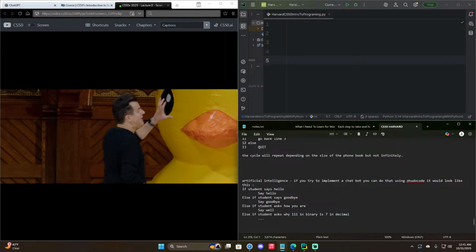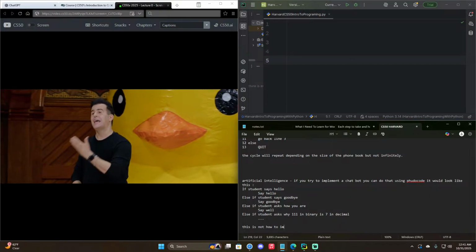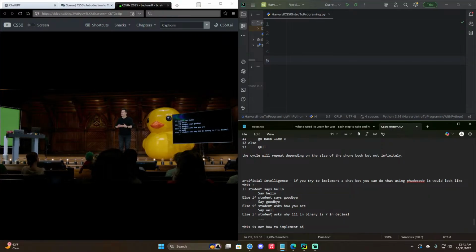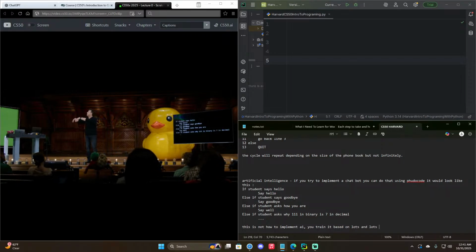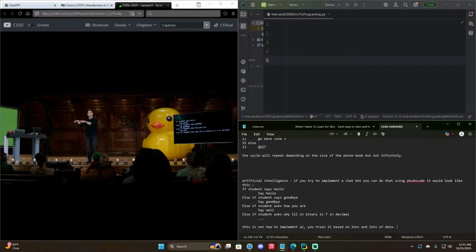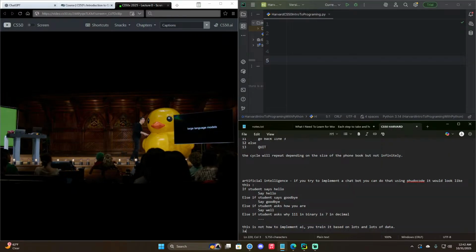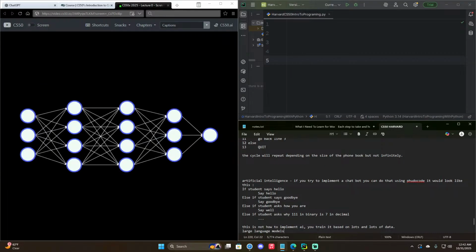And so indeed, this is not how you implement AI. Rather, how you implement an AI like a chatbot is you typically train it based on lots and lots of data. You give it lots of inputs, training data, and let it figure out what it should say in response to certain questions. And it boils down to a lot of probability, a lot of statistics, otherwise known now as large language models, which if we really peek under the hood, are actually typically implemented with what are called neural networks,